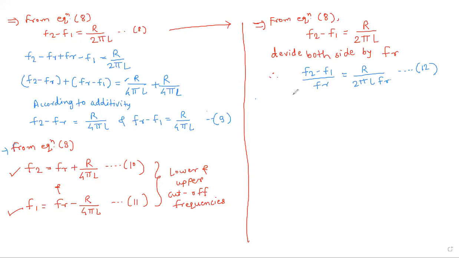Now we are discussing the quality factor. Up to now we have seen the bandwidth. Now quality factor. So quality factor is denoted as Q. It is denoted by Q. So what is the definition of this quality factor? It is defined as